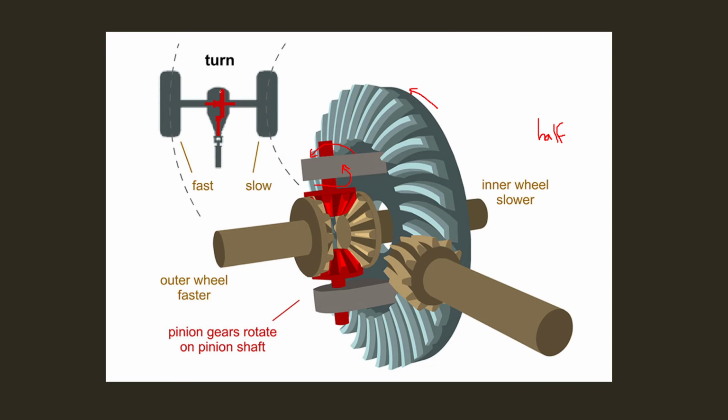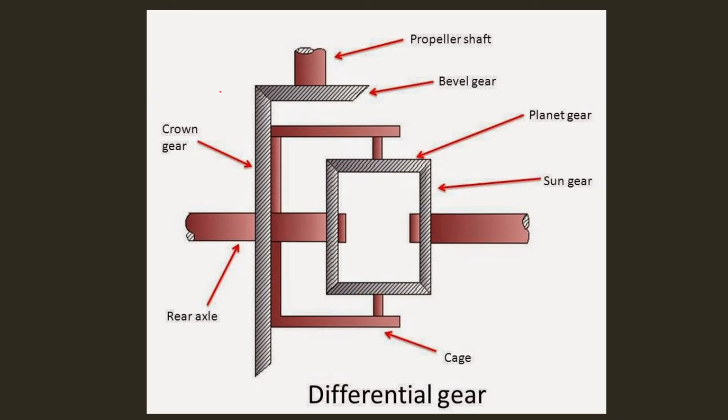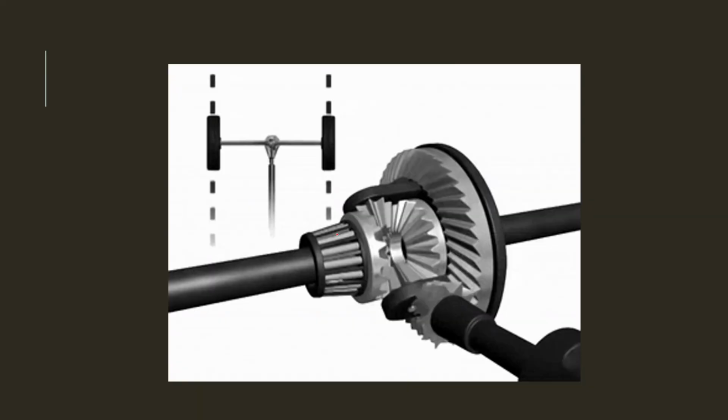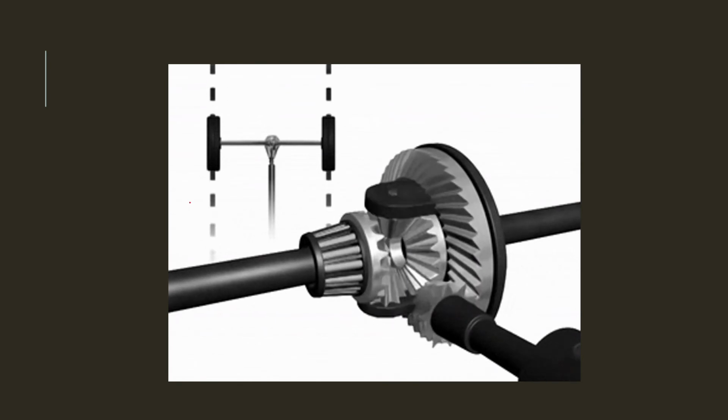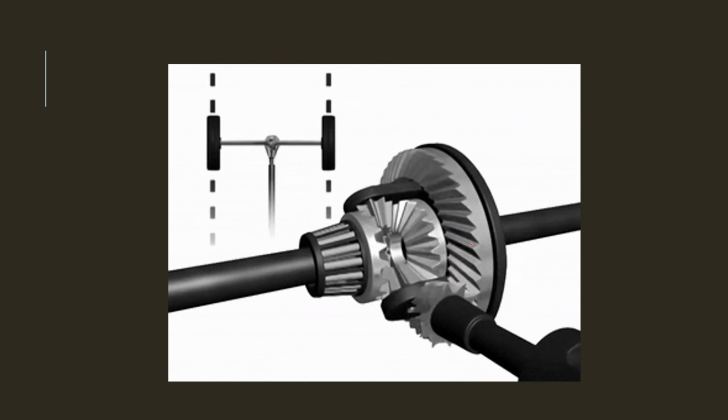So this is the drawing: this is the pinion from the transmission gearbox. This is the crown wheel, and this is the casing. In the casing we have two pinion gears at the bottom and top, and there will be two half shafts, one half shaft and another half shaft, and at the end of each half shaft another bevel gear is attached. So this is how it is working. This is when it is working in a normal condition. When the pinion rotates, this crown wheel rotates.